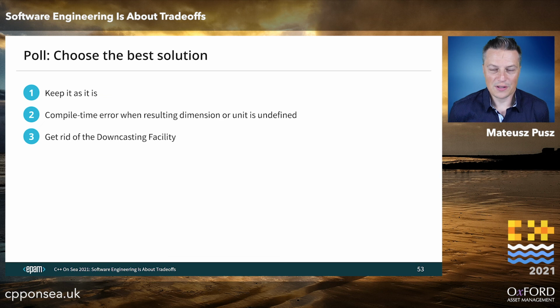Or maybe get rid of the entire facility and just ask the user to provide the type explicitly. And until the type is provided, we end up with, let's say, a longer type, some garbage. But when the user provides a strong type, we end up with a nice solution. But then some functions, like ours, will be really hard to implement because we will not be able to know what the exact type is in the middle of the function, because the user will not be able to provide it. Well, maybe as an additional template parameter, of course, or whatever, but the engine by itself will not deduce it.